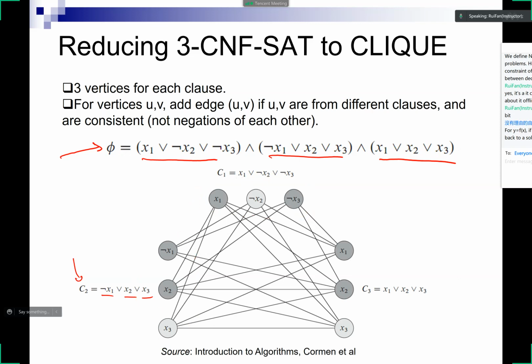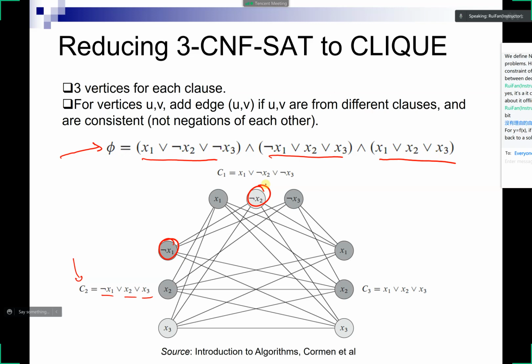The other condition is that you do not put edges between nodes which are negations of each other. For example, these two nodes come from different clauses, but they're negations of each other, so you don't put an edge between them. On the other hand, if you take these two nodes, they come from different clauses, and they are not negations of each other, so you do put an edge